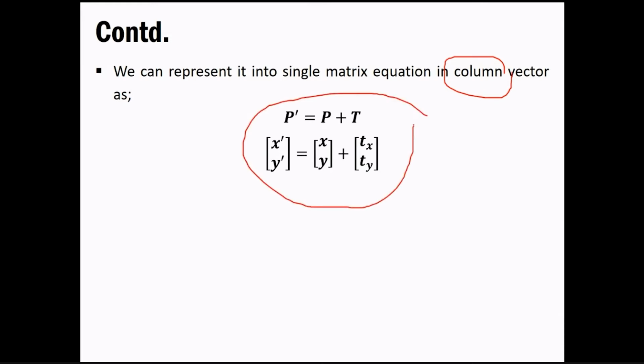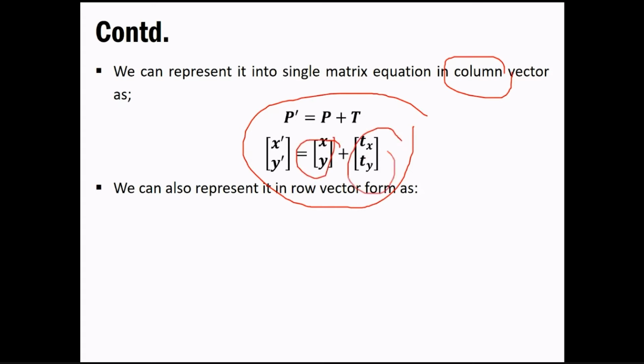Okay, so don't get confused if on the internet or in the book it is different there. The things that we have studied may be in a different form in other available resources, but we are considering the column vector form. So this is how it will look: that is x y, our point, plus the translation unit. Do we have to move each and every point or just the endpoints? Not each and every one, just the endpoints.